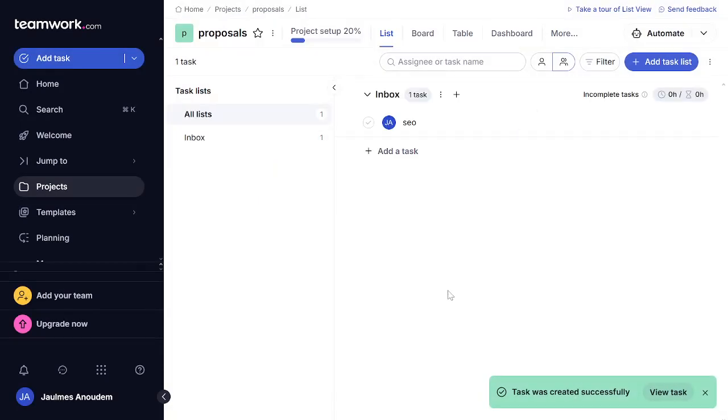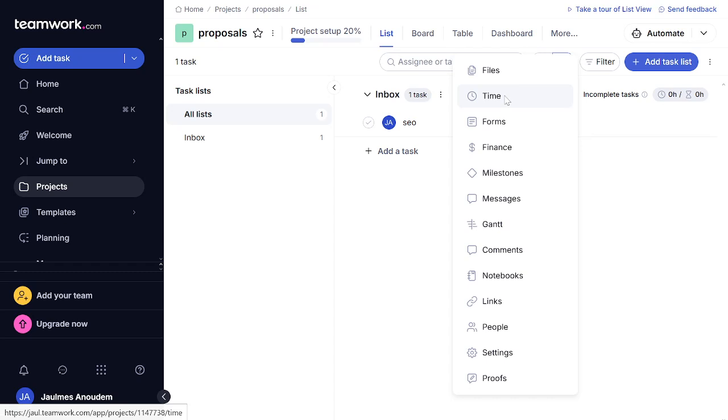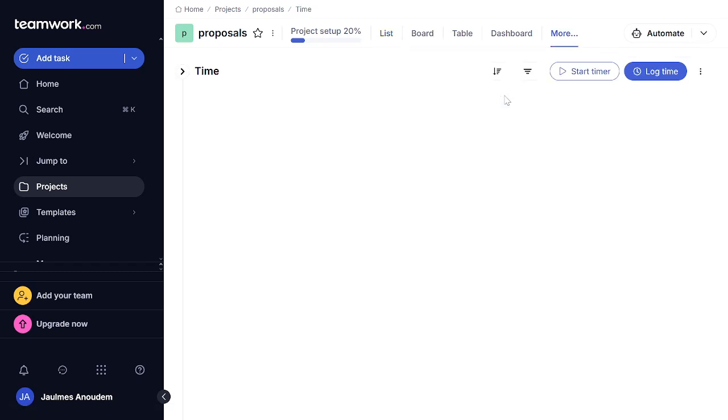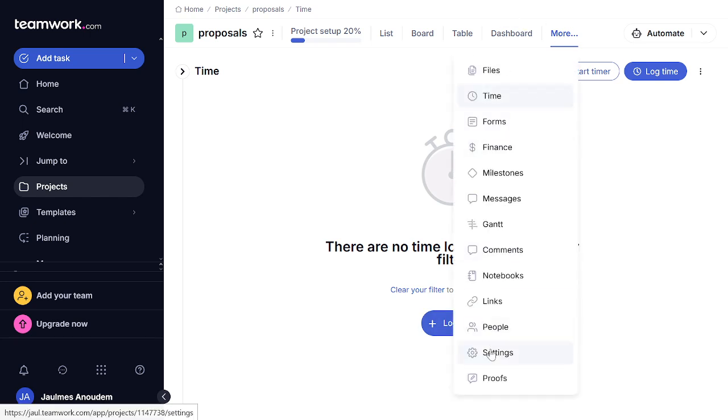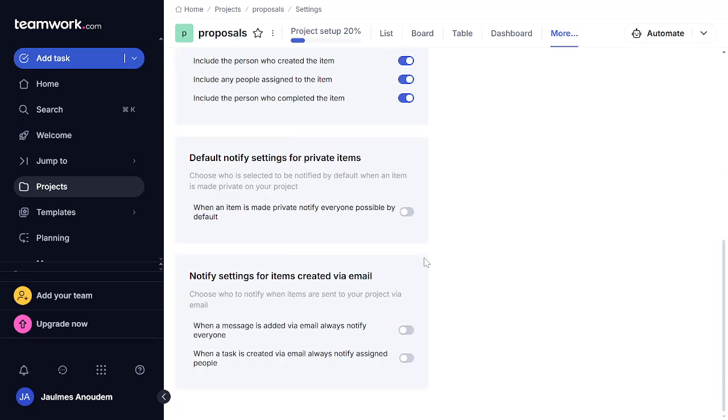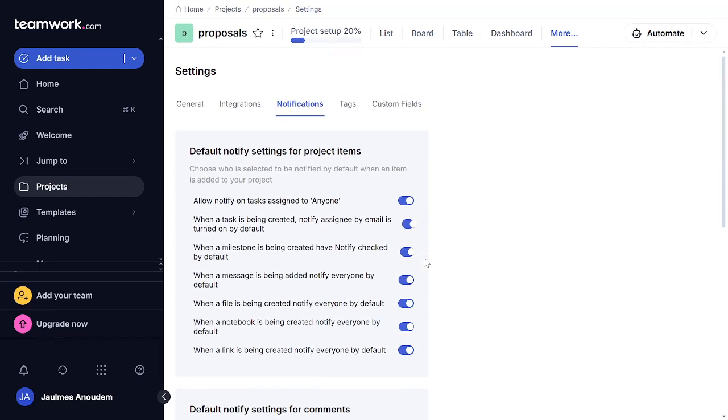Now that we've done that, we'll move to tracking time and budget. Click on Time and then Log Time to record the hours spent on tasks. Similarly, for budget, go to Dashboard, then Billing, and add Budget. Let me explain why this matters. Time tracking allows us to estimate how long tasks will take in the future, while budget tracking ensures we're staying